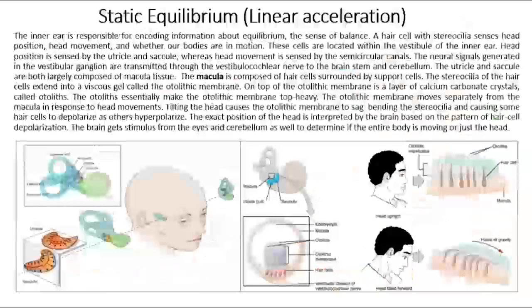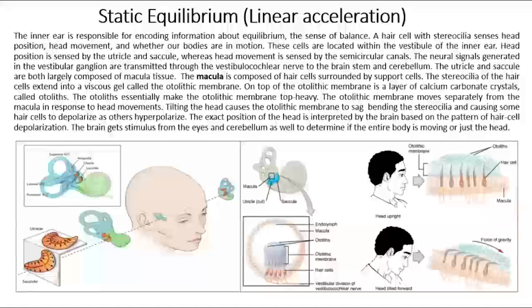Our next topic is equilibrium. There are two main types of equilibrium: static equilibrium and dynamic equilibrium. The macula is for static equilibrium. Semicircular canals are for dynamic equilibrium. In the vestibule, we're going to have structures called macula. If you look at this figure right here, what we need to do is we need to move the hair